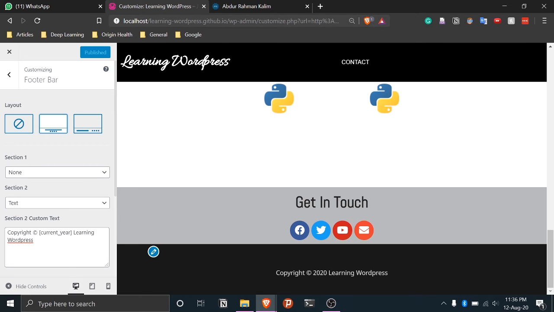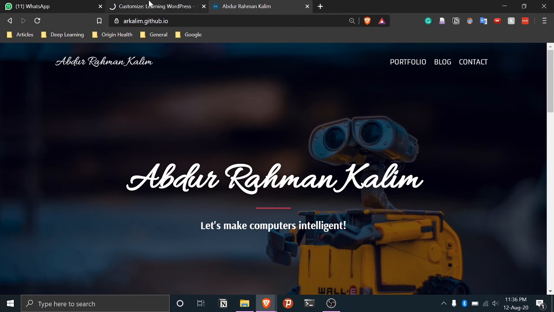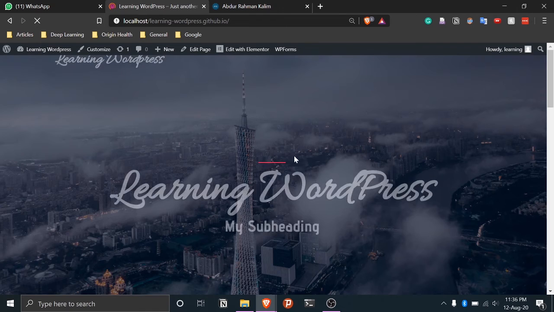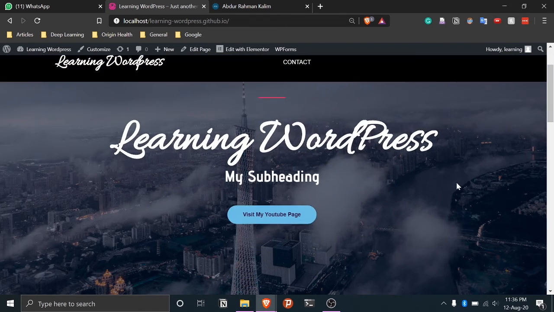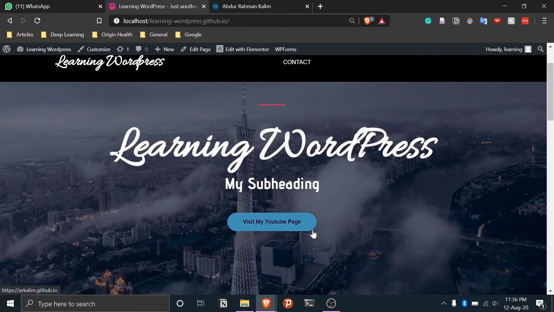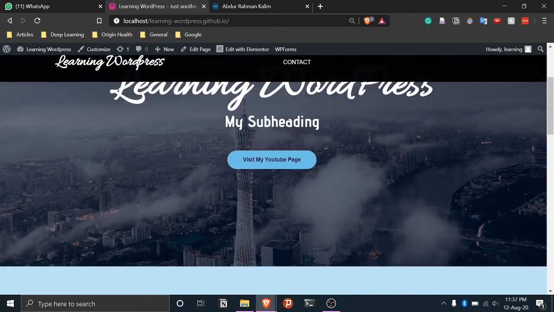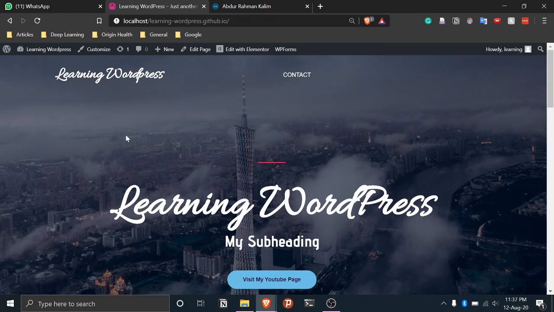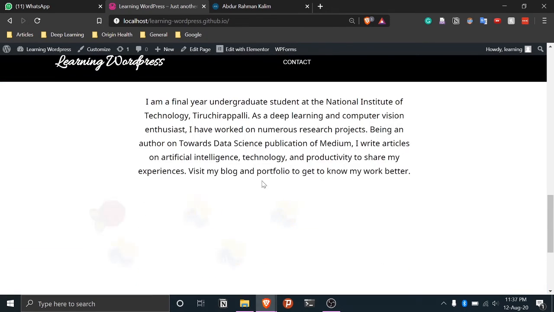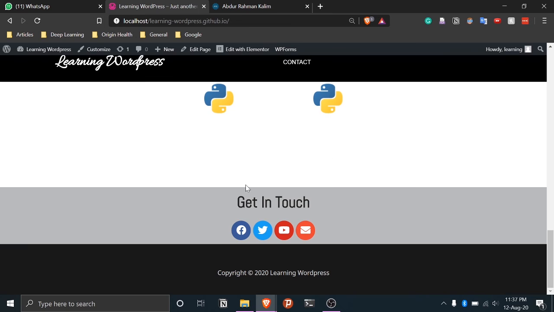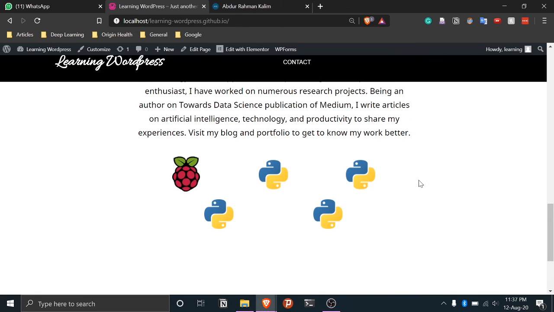So now we'll go back to our website and compare it with mine, and then we'll see if there's something left. I think this is enough. So we have this button here, we have the title, subtitle, we have the menu initially transparent and it becomes black as we come down, and then we have the gallery, about, we have this nice animation, and then these also grow, and then we have this copyright thing. Okay, so I think that's it.